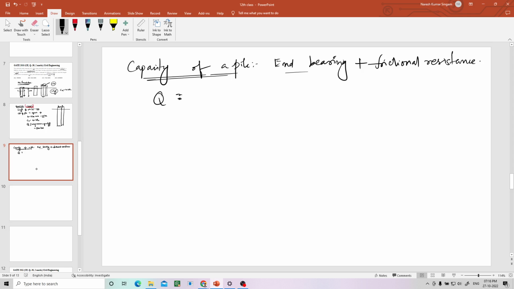Okay, so now the end bearing formula for the shallow foundations, I'll just write here. For the shallow foundations, as we discussed, this is small q in terms of kPa, the bearing capacity in terms of kPa or pascals. You can write CNc plus